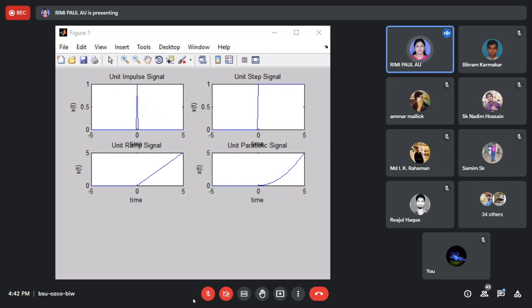So this is a thing you have to solve and you have to write. And previous day I already told you that if I change the dt value to 0.01, then you can get a better picture. So you will try it. You will show me before submission. You can also show me the figure. If you want to do it in your group also, I have already mentioned the group. So again today I'll tell you the group.